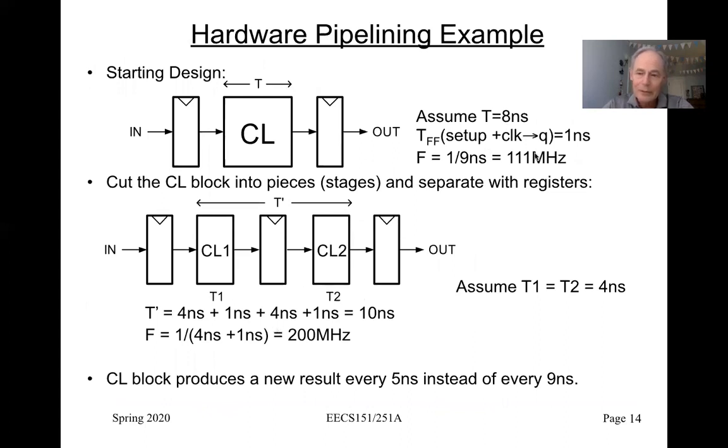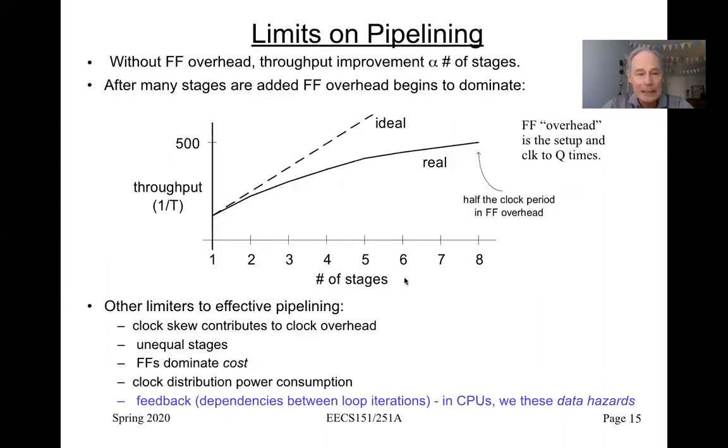It went from 111 to 200. It didn't go up to 222. Right? And that's because of the overhead of the registers. So the register overhead somewhat takes away from the advantage of pipelining. And you can see that in this plot here. So the ideal speed up curve is the dashed line here. And the actual speed up that you get in this example here, with the numbers that I gave you there,